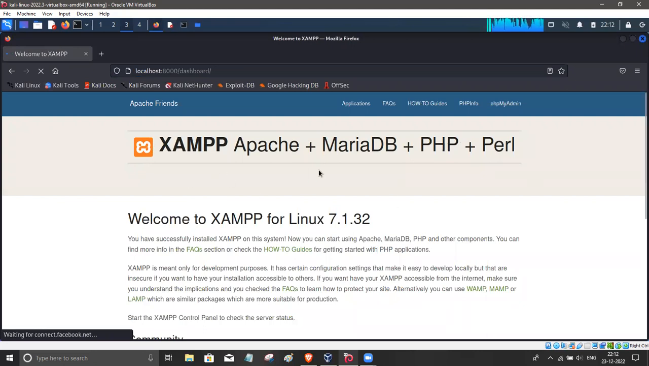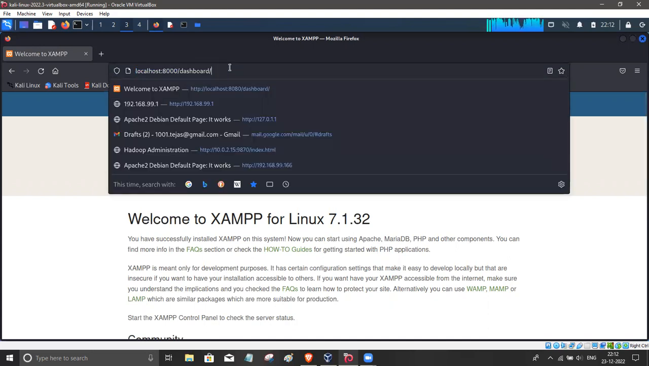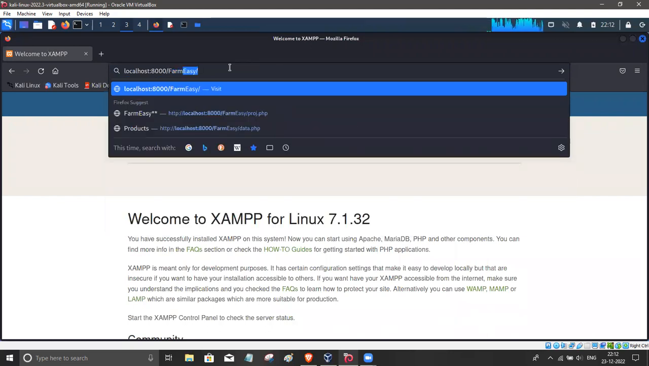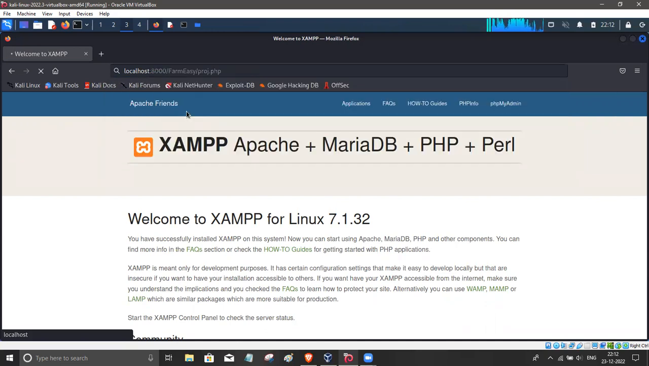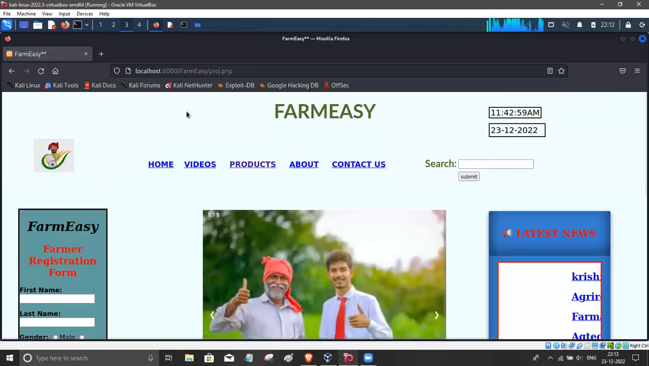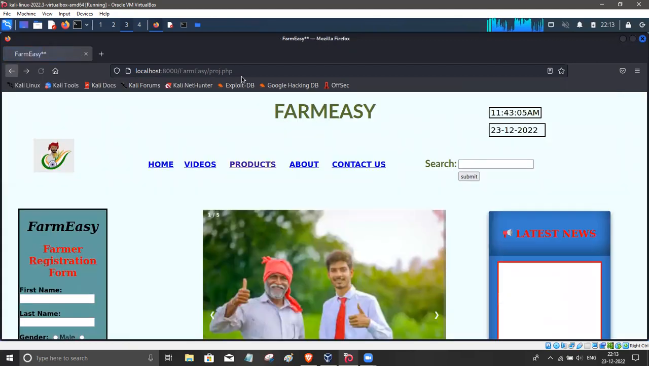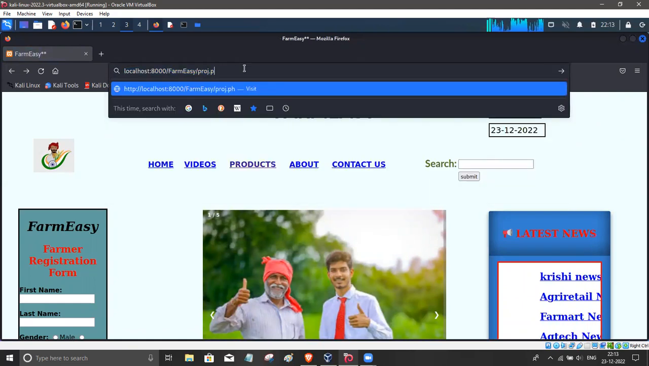As you can see, it is showing the XAMPP welcome page. Where is our application? To see the application, you have to type like this. This is our application. Initially, if we go here, there will be no data because we have not put the data in the database and we have not created the database itself. In order to create the database, we have to go to